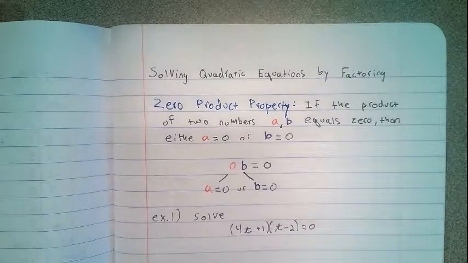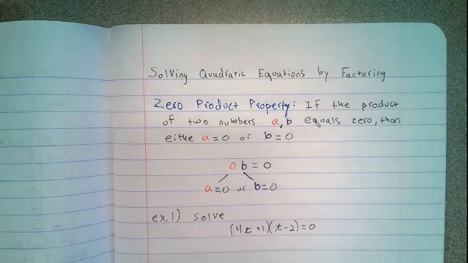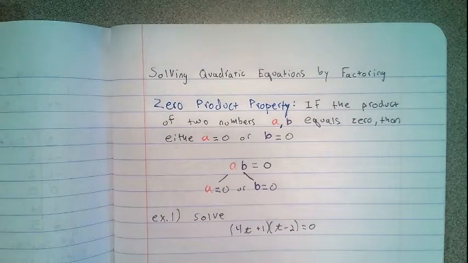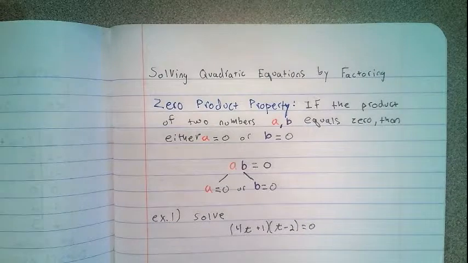Another strategy we have is to solve quadratic equations by factoring, which is another algebraic way to solve things. And we use a really important property in mathematics called the zero product property. And it's simple but elegant. If the product of two numbers, say a and b, equals 0, then either a equals 0 or b equals 0. Right? One of those has to equal 0. And we're going to use that to our advantage when we solve quadratic equations,